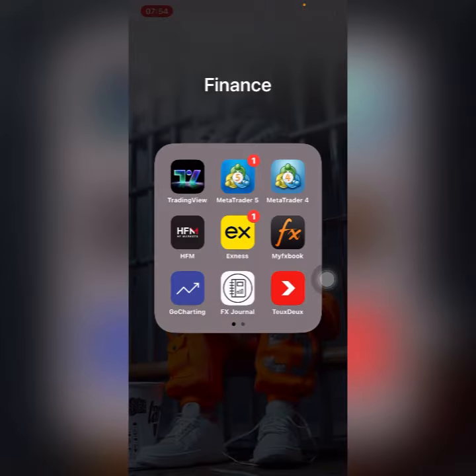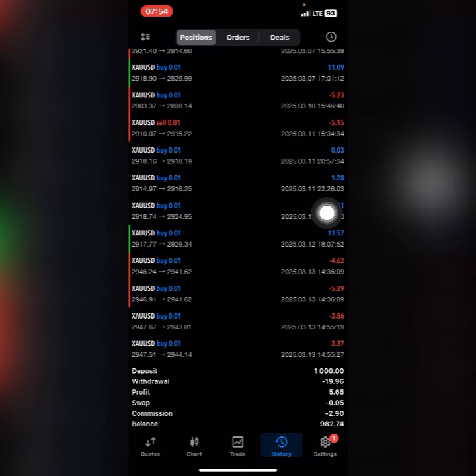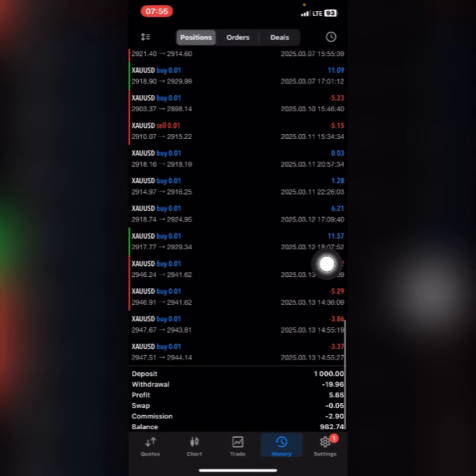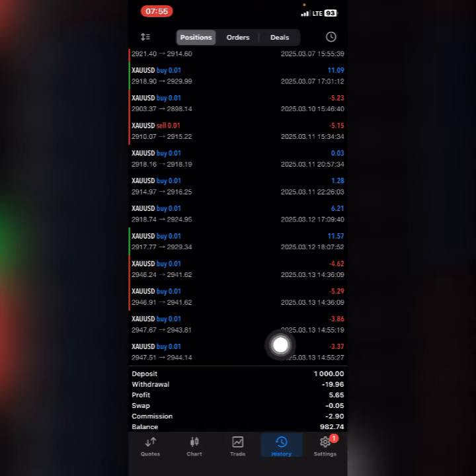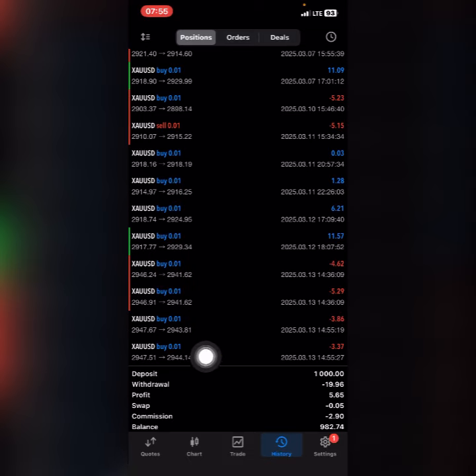Let me show you on my MT5, right? So as you all know, I came back to break even, but this was the trade I took, right? These two positions, as you can see, and I got stopped out, right? The two positions I took, 0.01, I was risking $10 to make $20, but when price stopped me out, I had to enter again, risking the same $10, right? But immediately I saw that momentum, price going against me, I closed immediately. So I got about $7 loss with the second position, which is these two right here.